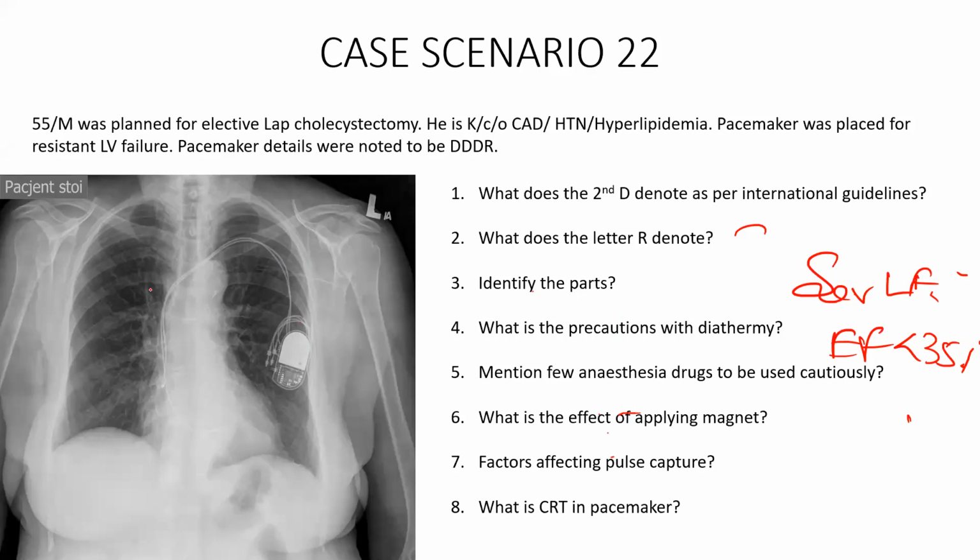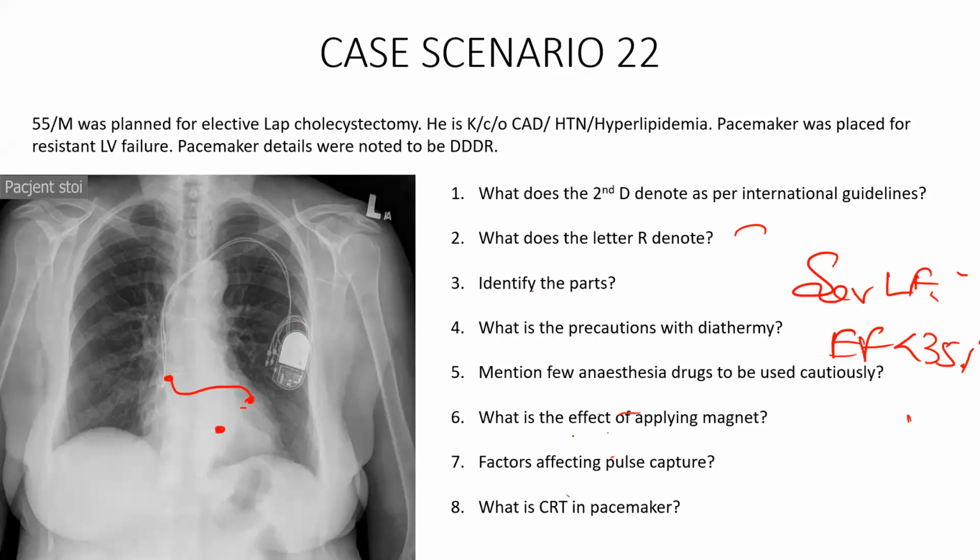When the patient's EF is less than 35%, there will be 3 leads. One will be in the right atrium, one will be in the septum, and another lead comes through the coronary sinus and stimulates the left ventricle lateral wall. In patients with myocardial infarction with an EF of less than 35%, they have a discordant contraction, which means the right ventricle will contract in one axis and the left ventricle in another. When there is a discordant contraction, the output will be very poor. So to make the contraction synchronized, this type of pacing is used. That is specifically called cardiac resynchronization therapy.